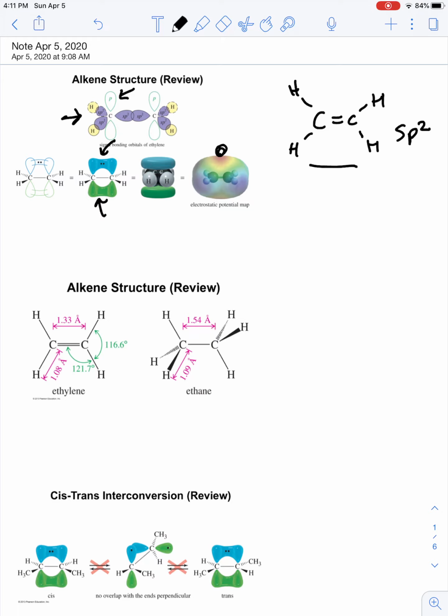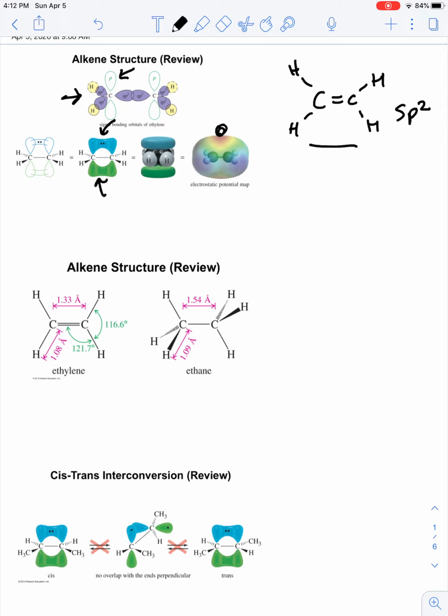When we look at the alkene structure, looking at ethylene versus ethane, we look at our CH bonds. The CH bond length, the 1.08 in ethylene, is slightly shorter than in ethane, the 1.09 angstroms, because the sp2 orbital, so ethylene is sp2, ethane is going to be sp3, is basically 1/3 S character and sp3 is going to be 1/4 S character. So the sp2 hybridized orbital just has more S character,